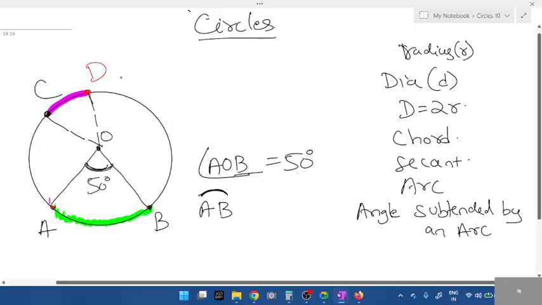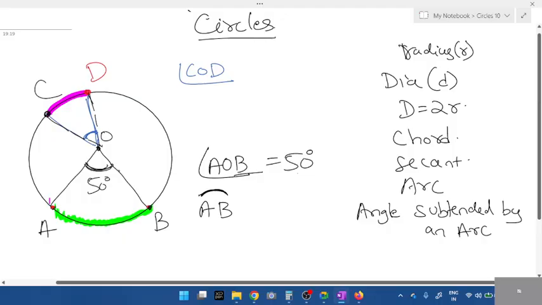All of you will respond. What is the angle subtended by arc CD, students? COD. Is this clear? This is the angle. So which one do you think is greater? Angle